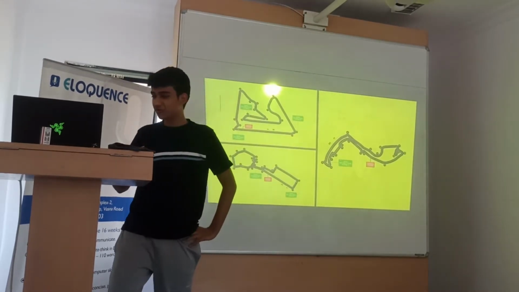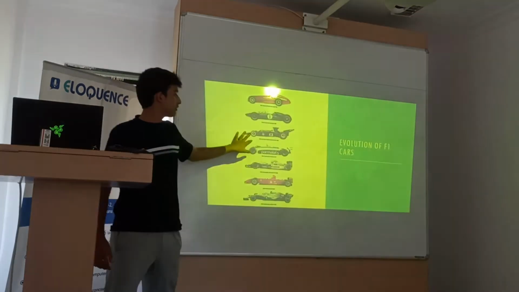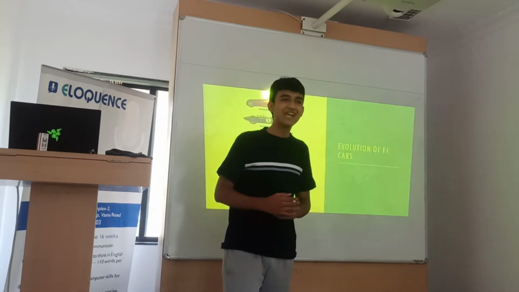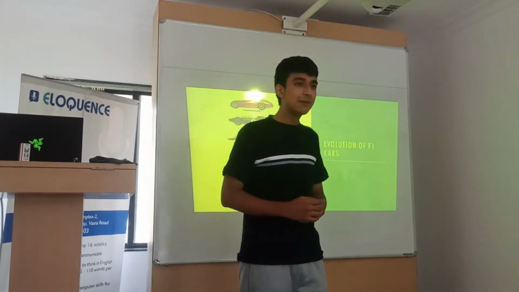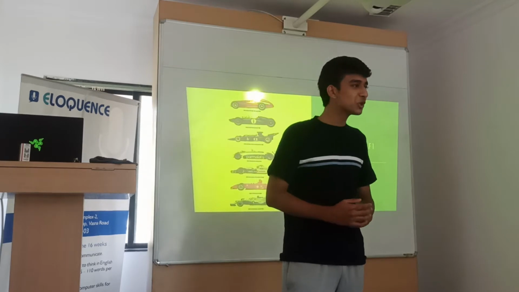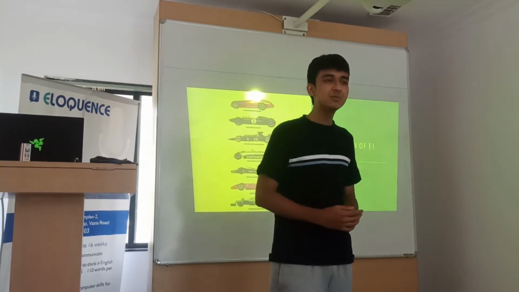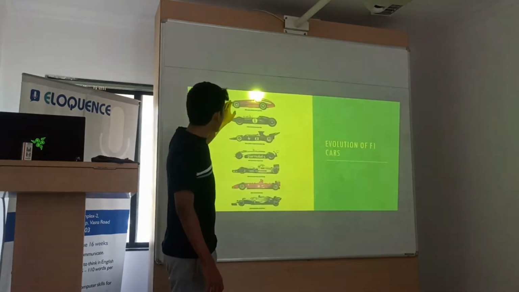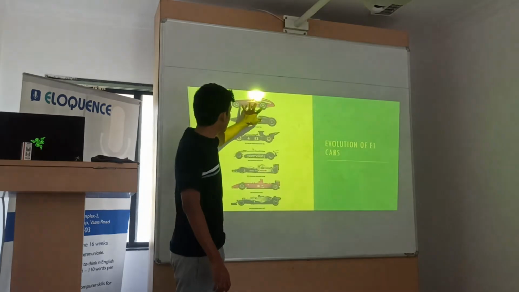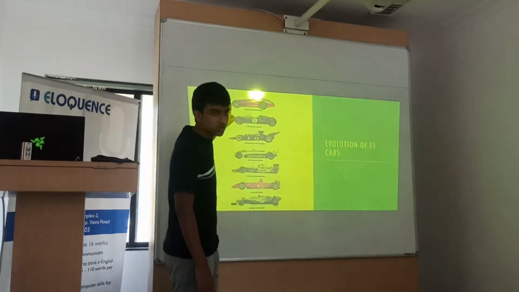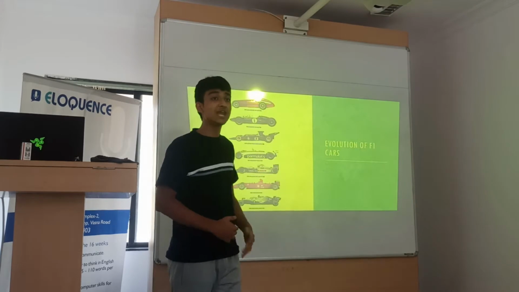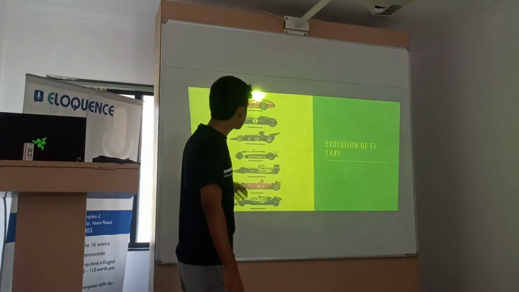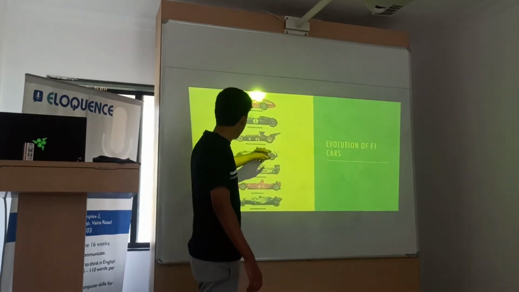Now let's look into something just for fun: the evolution of F1 cars. As you can see, F1 first started in 1951. In 1951, technology wasn't that advanced, and people just did motor racing as a passion. It was not a full-fledged sport. Only people who were really passionate about racing used to race. So the car design was really simple. It just comprised a simple monocoque structure and an engine. Not much aerodynamics was used. But as technology advanced and engines became more powerful, speeds increased, and due to this the cornering speeds increased. Thus slowly and steadily the front wing and the rear wing were introduced.